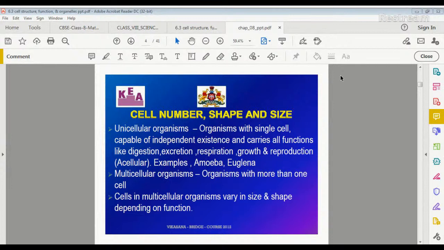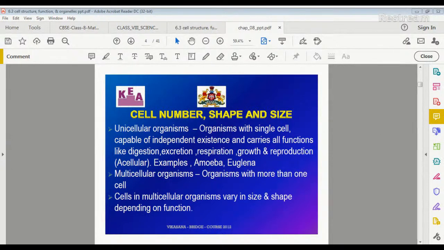Right. So similar functions in multicellular organisms are carried out by groups of specialized cells forming different tissues. Tissues in turn form organs, isn't it? Next,